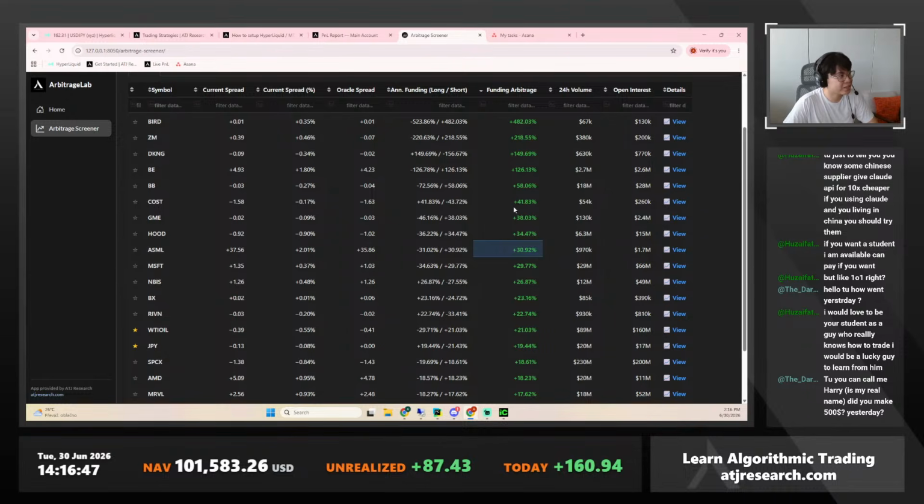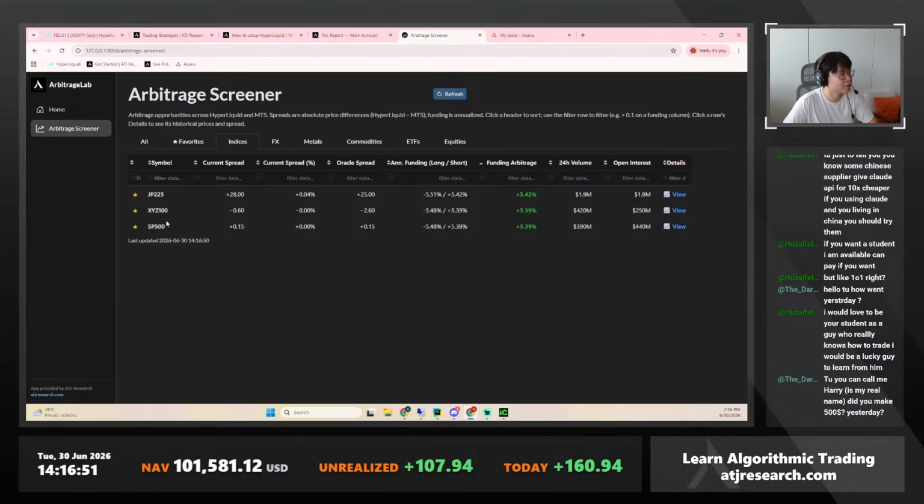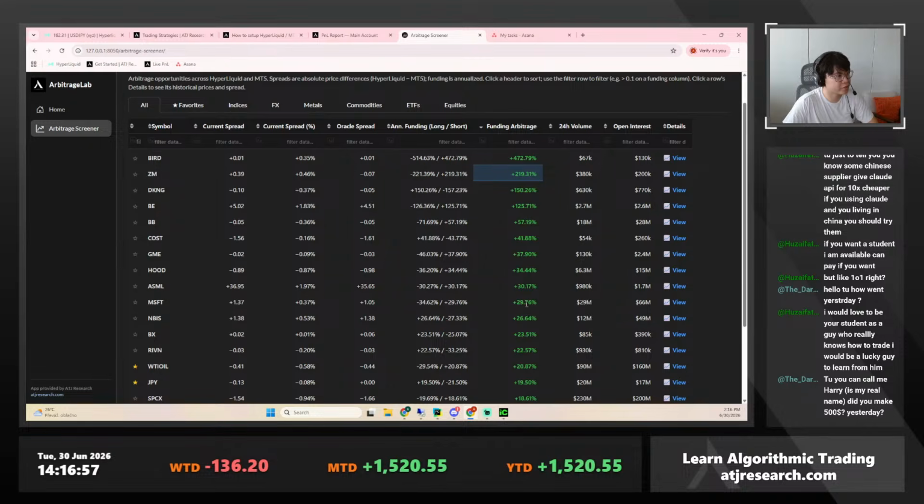And looking at these crazy funding rates here, I think we can try to do something. Here, you see XYZ 100 is just a 5% funding rate, and then the remaining stocks that you see are about 20 or 30%. So I could actually create a strategy like that. It would only require to,